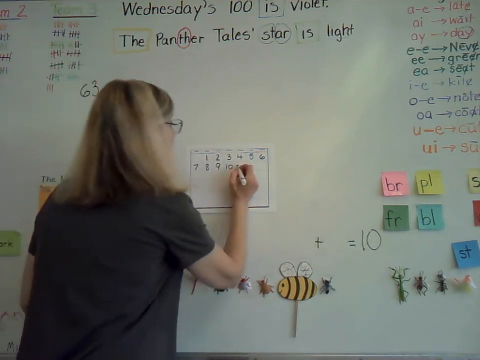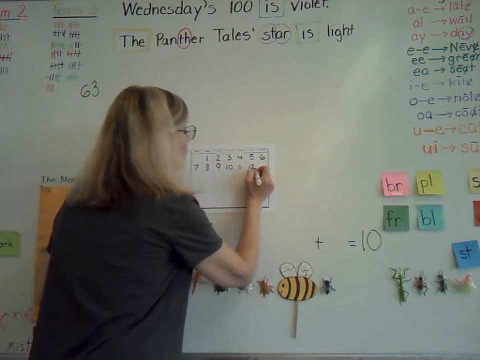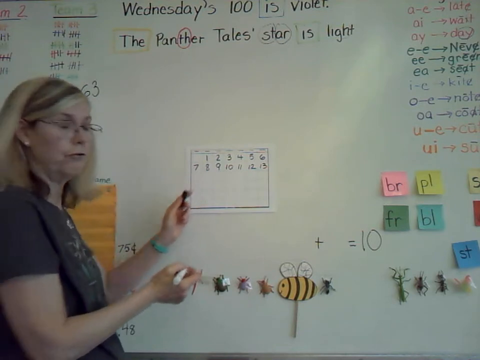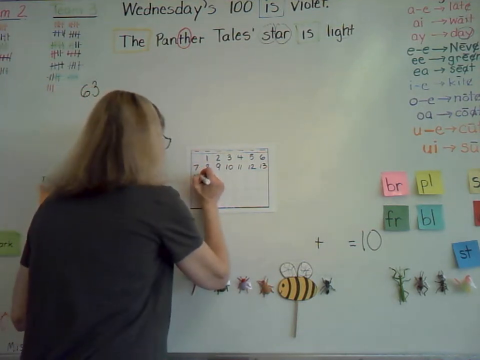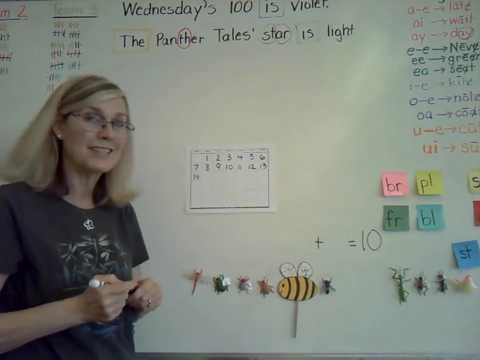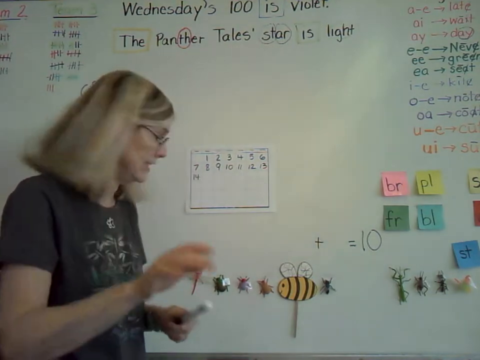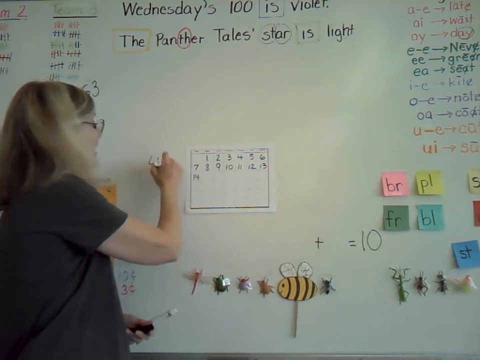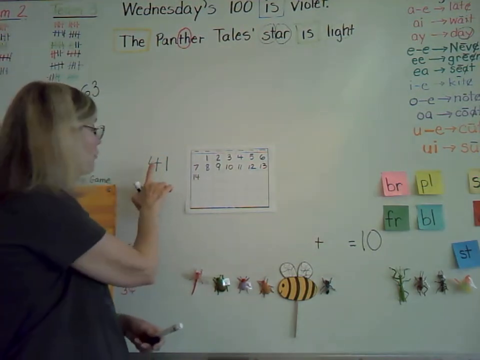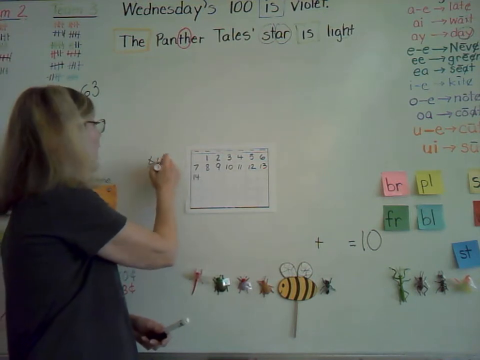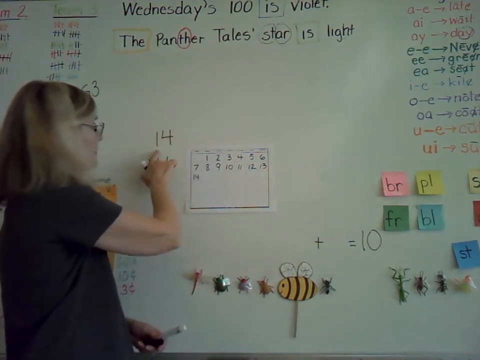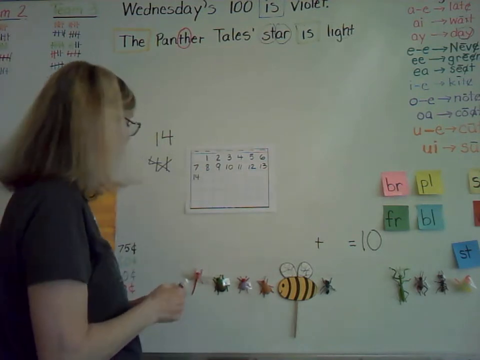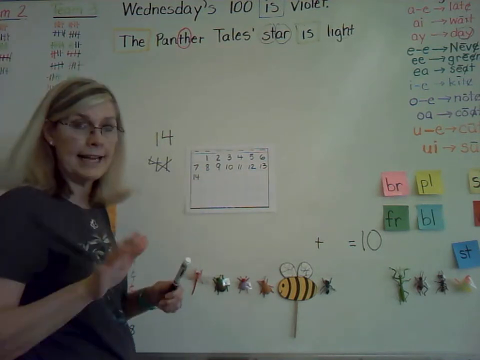10, then 11, 12, 13, and then go down to the next row for 14 again. Make sure your 1 comes first. I know you hear the 4, 14, but if you put the 4 first, that's not a 14, that's a 41. We don't want that. We want 14. The 1 has to come first. That's the same with all of your teen family numbers. Okay, 14, and then, right,